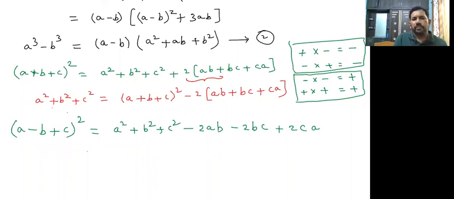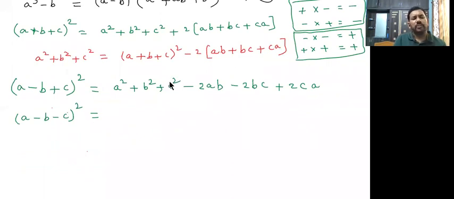Now I am going to give you only this one to try yourself: (a − b − c)². This is try yourself, and the time is less than 2 minutes. After 2 minutes, it will automatically disconnect, meaning the class is completed. Again, don't post messages in the group. Okay.